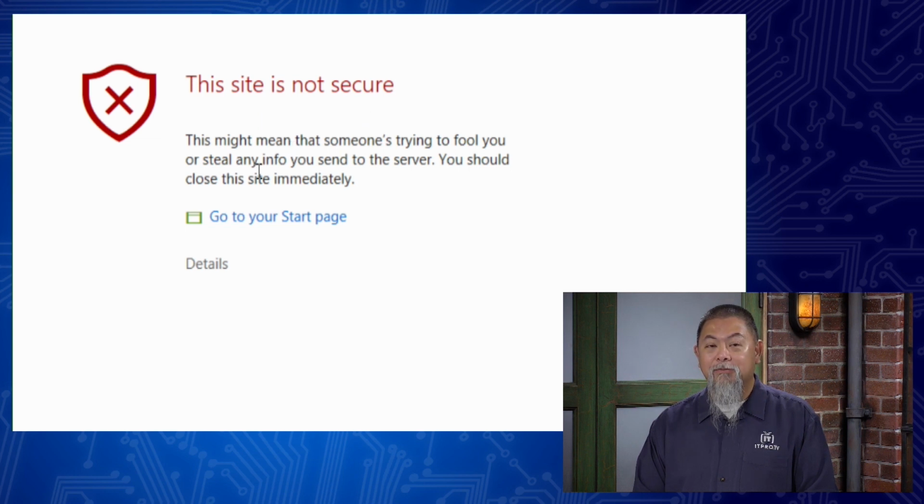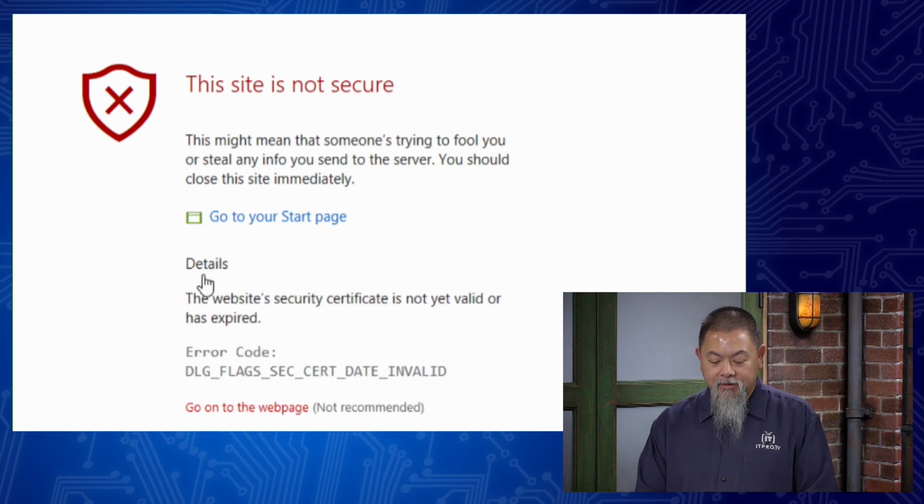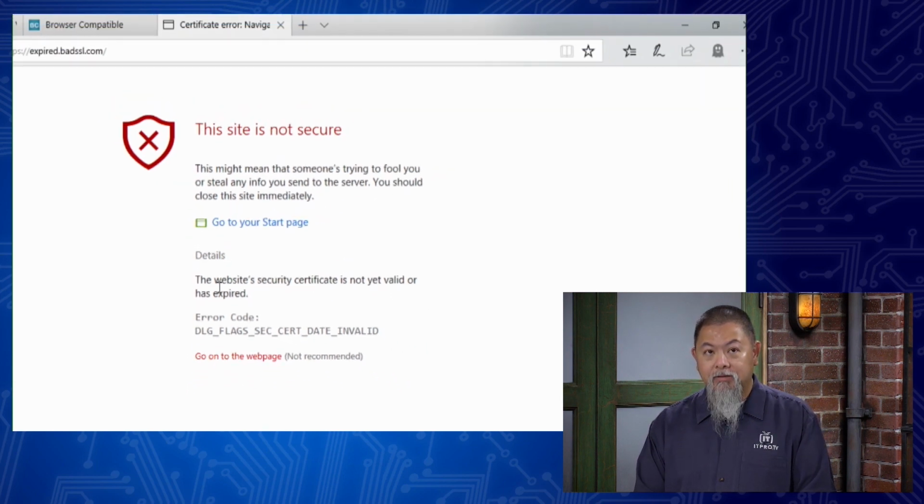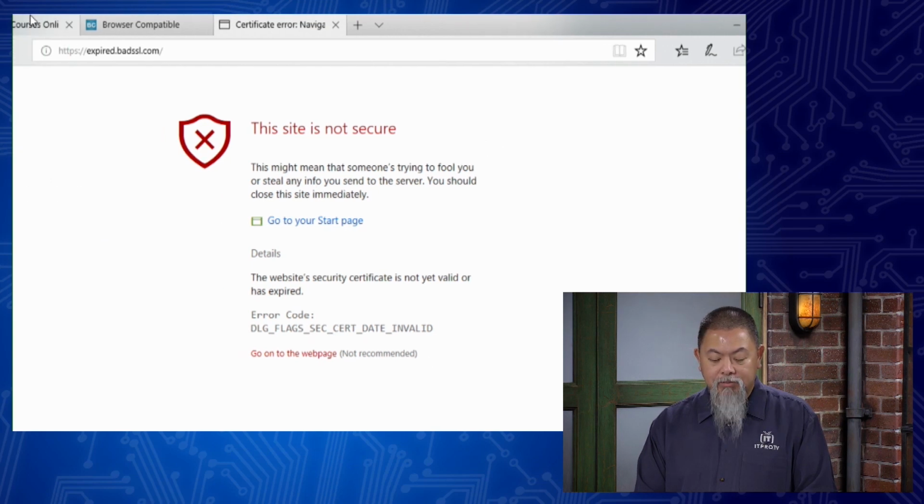This might mean someone's trying to fool you or steal your information that you're sending to the server. Are you sure? Well, if I click on details, I can see that it actually has a flag error here. The website security certificate is not yet valid or has expired at that point. If we go and take a look back up here at the